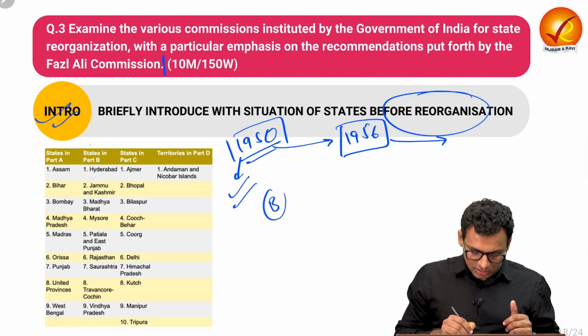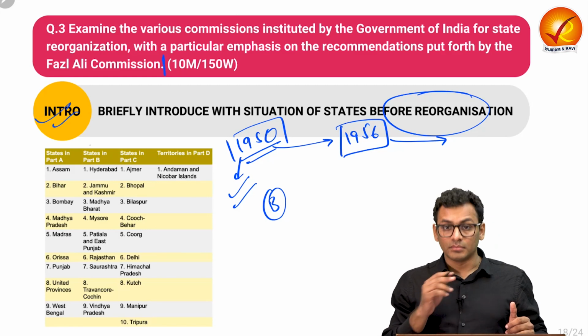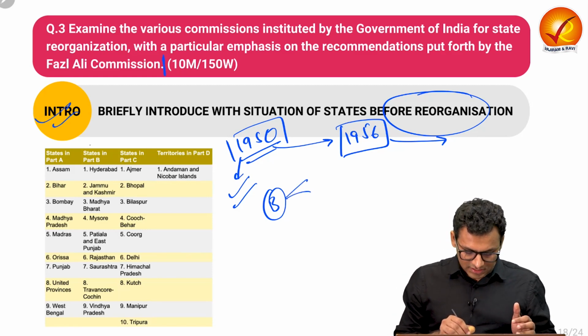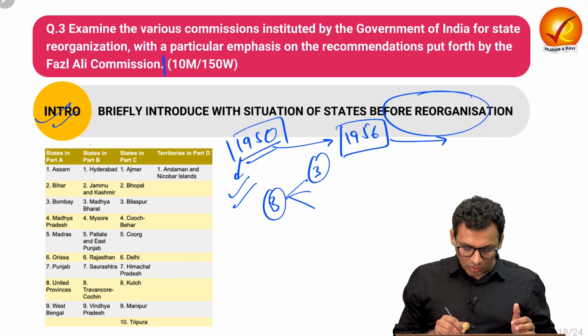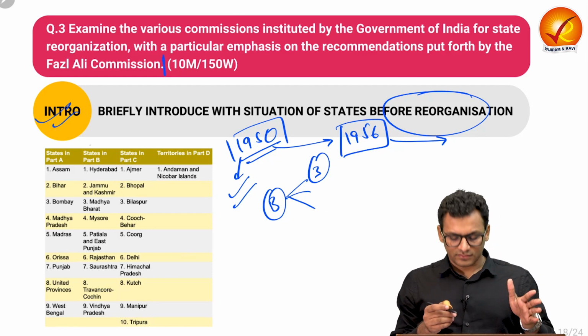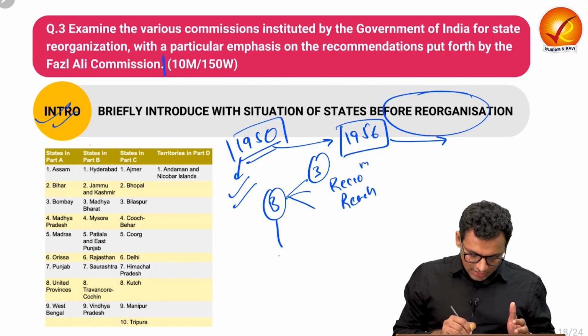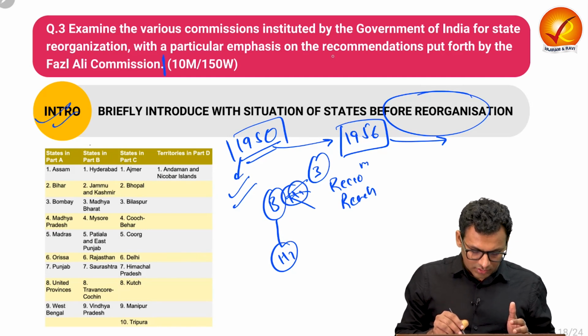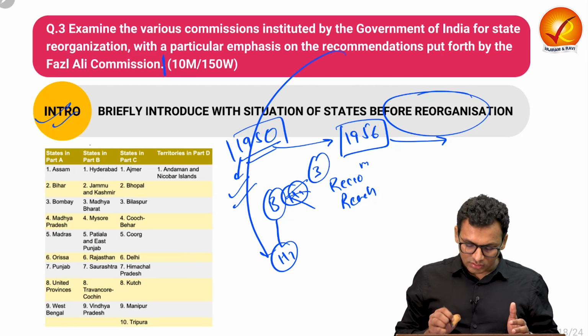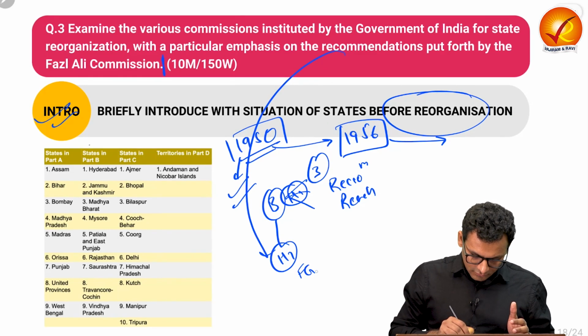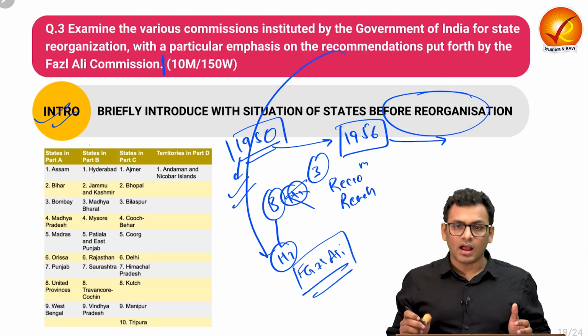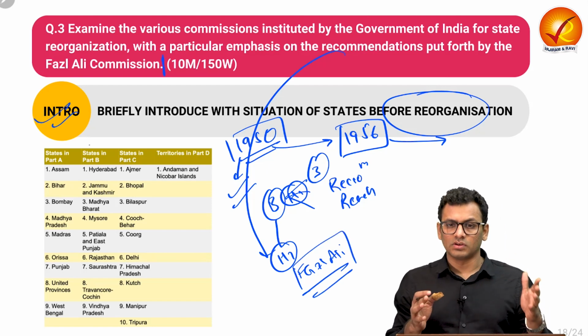Then in the body, you can talk about the major commissions. You can talk about the 3 major commissions and the recommendation and the reaction from the government. Then in heading 2, this is with respect to heading 1, you can give emphasis on the recommendation put forward by the Fazal Ali Commission and talk about how exactly it led to major reorganization of the